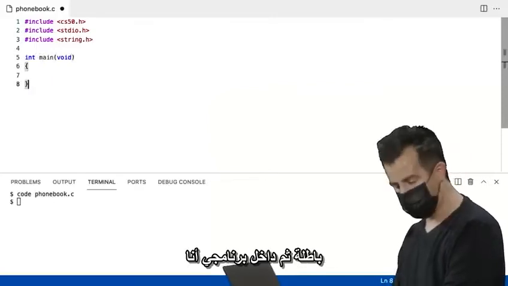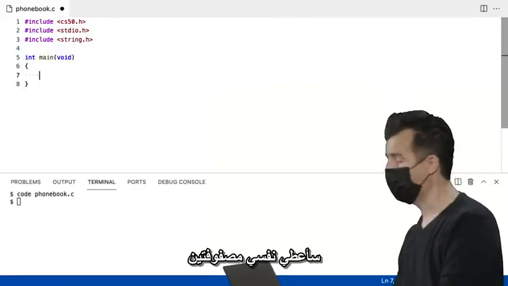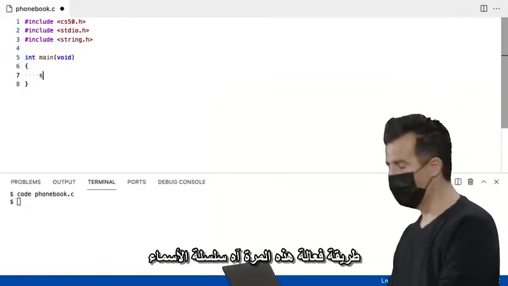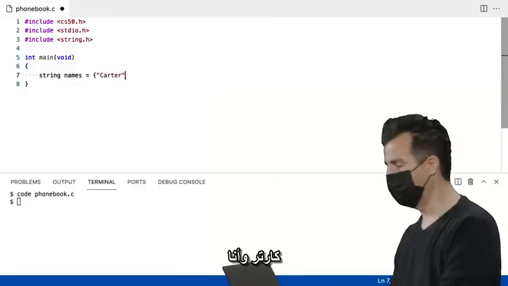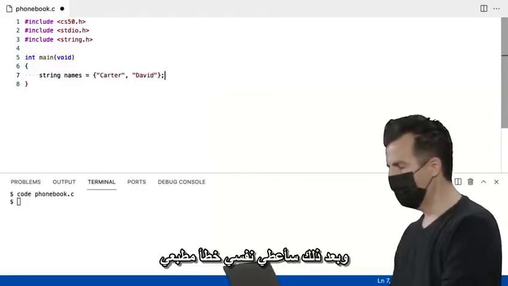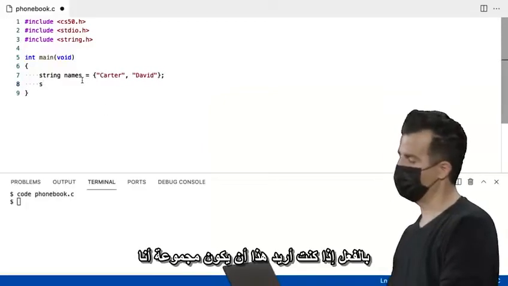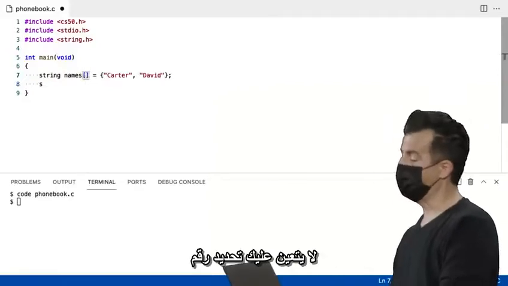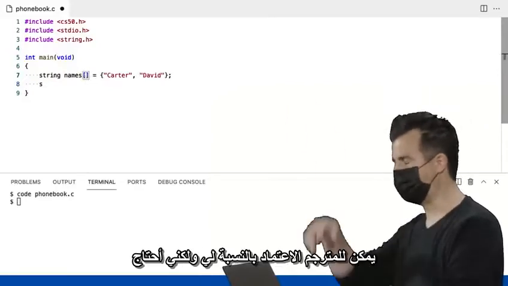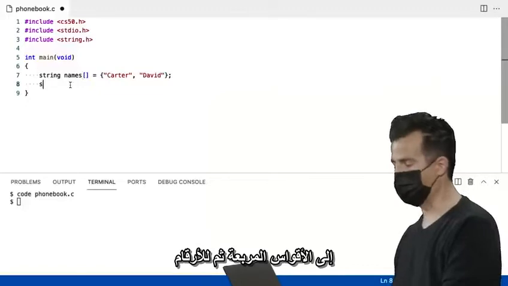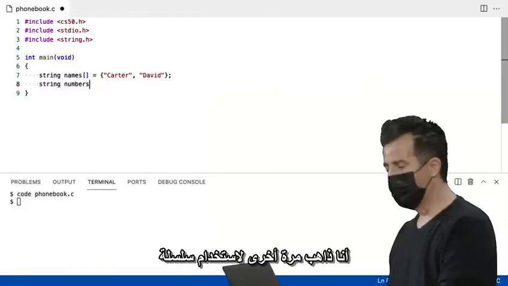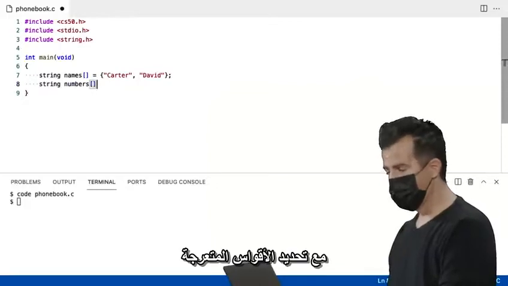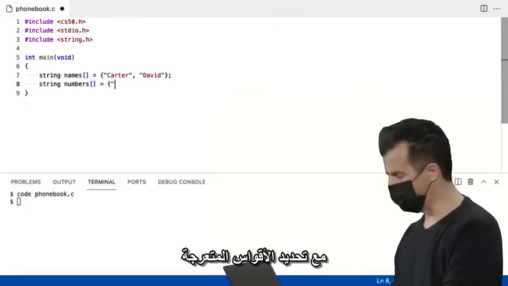And then inside of my program, I'm going to give myself two arrays the efficient way this time. String names will be just two of us this time. How about Carter and me? And then, oops, typo already. If I want this to be an array, I don't have to specify the number. The compiler can count for me, but I do need the square brackets. Then for numbers, I'm again going to use a string array specifying with the curly braces